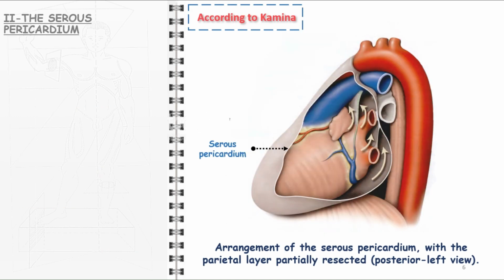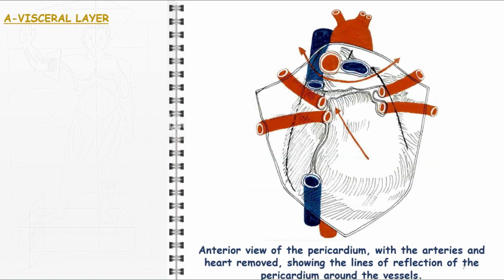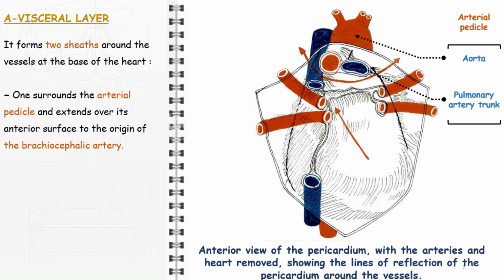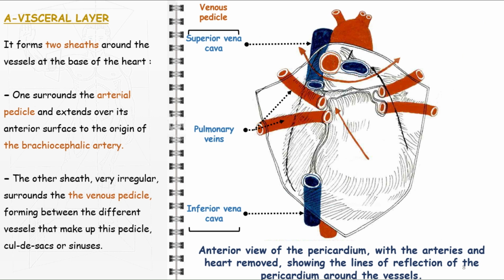The serous pericardium consists of two layers, one visceral and the other parietal, separated by a thin liquid film that facilitates cardiac movements. The visceral layer forms two sheaths around the vessels at the base of the heart. One surrounds the arterial pedicle and extends over its anterior surface to the origin of the brachiocephalic artery. The other sheath, very irregular, surrounds the venous pedicle, forming between the different vessels that make up this pedicle, cul-de-sacs